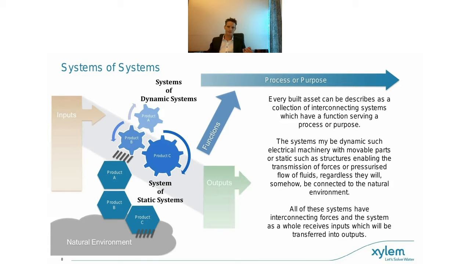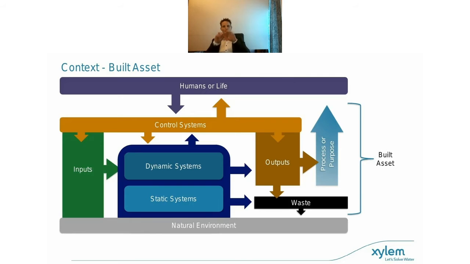We just take that a little bit further. I've put in the human or life layer, and I say humans or life because sometimes we build built assets to do other things than feed human beings in our needs. But I've also brought in waste and the control systems layer. So the information model of the built asset is going to have different functions and interactions, which again are feeding this purpose or process. And to do BIM,